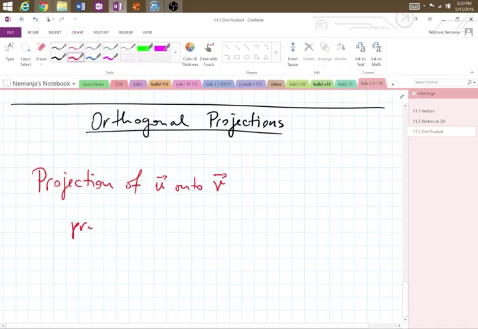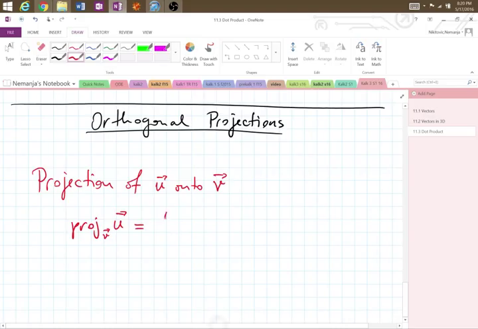We go with projection of vector U onto V. It's like a log notation, right? You have the base. Details, details, details. So projection of U onto V, V is the index,